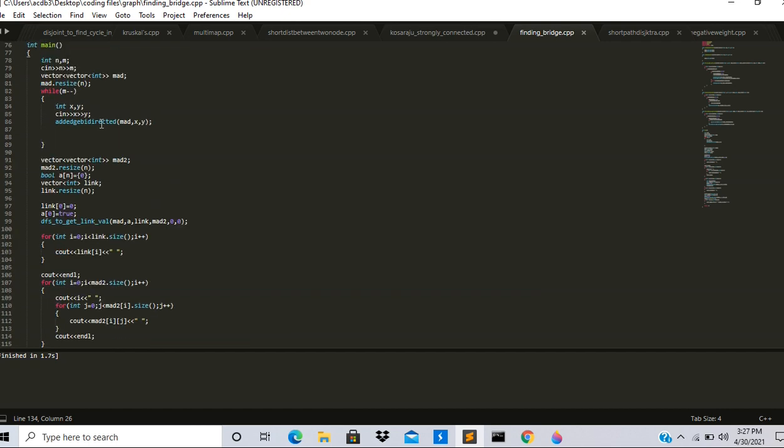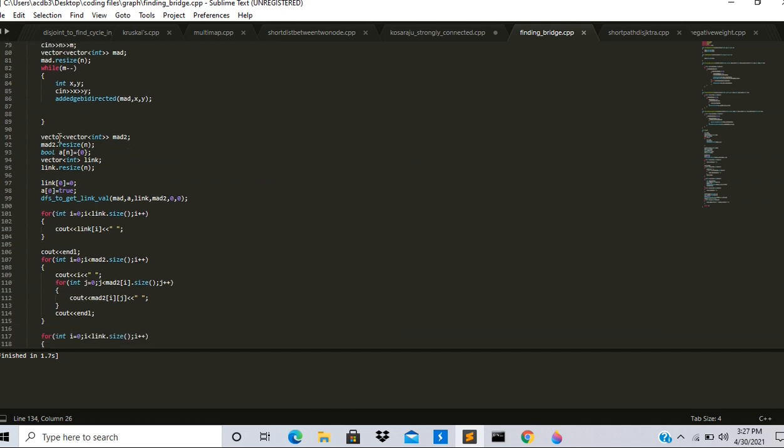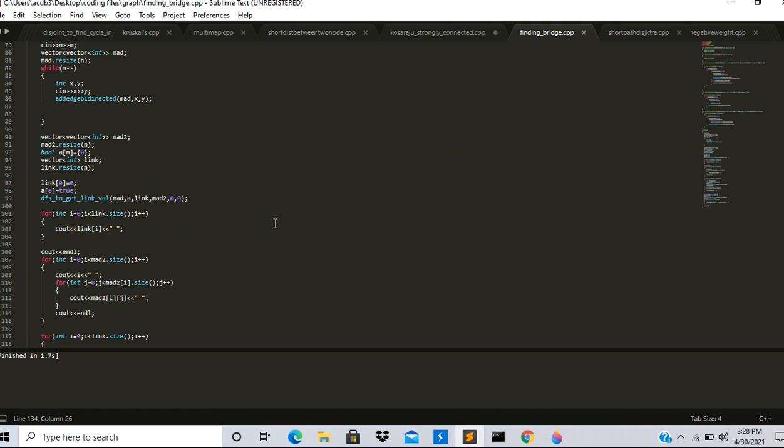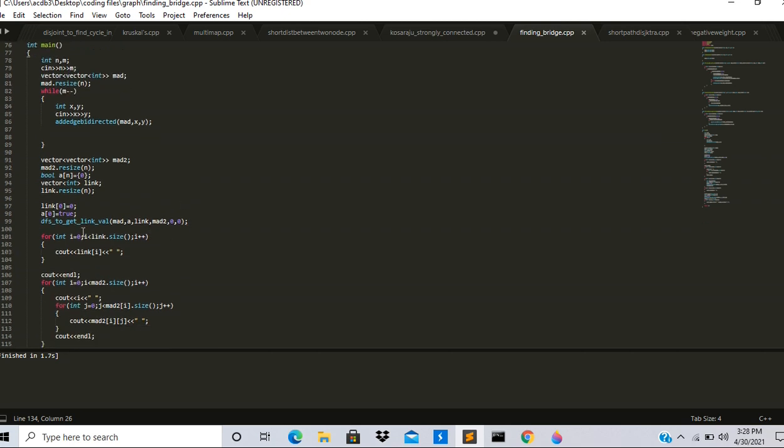Then as I said, we have initialized another graph, and this was initialized to store the directed graph that we were supposed to find out. And as we would apply the depth first search, we would also create a boolean array to track whether the node is visited or not, and a vector I've created to store the low link values. Initially, as I said, for the low link value of each node I would keep its id itself.